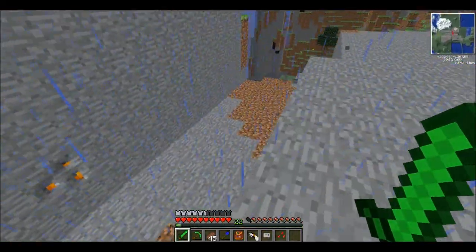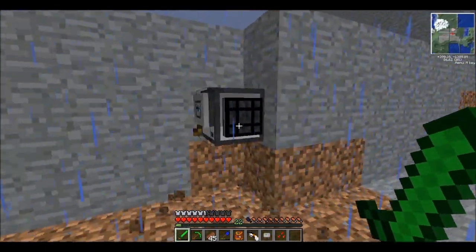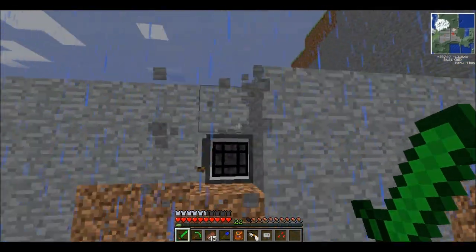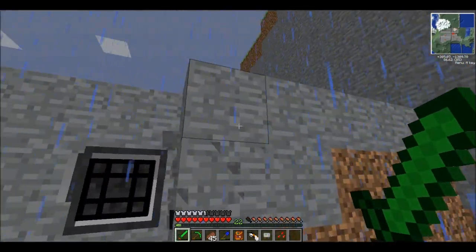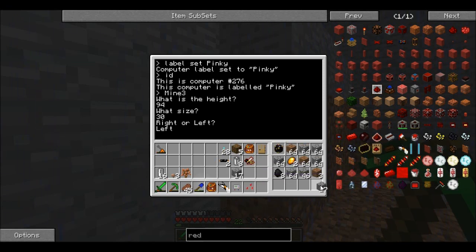Probably this guy, right over here. So, yeah, as you see, what it does is it digs forward, waits for 0.5 ticks for gravel or stuff like that to fall. Then it digs up and digs down, and goes forwards. So yeah, the turtle, the longest thing that it has to do is